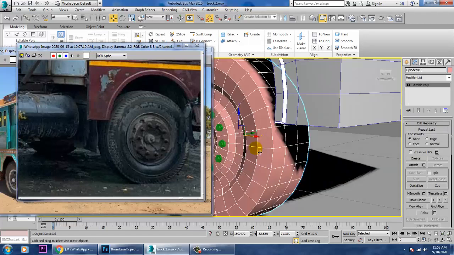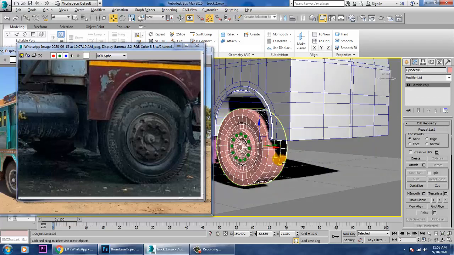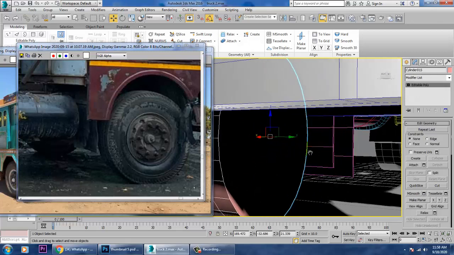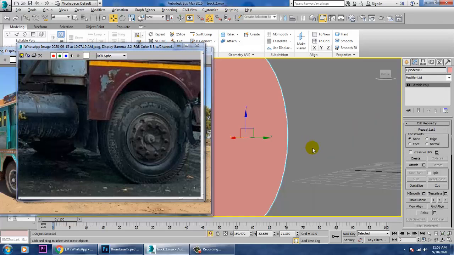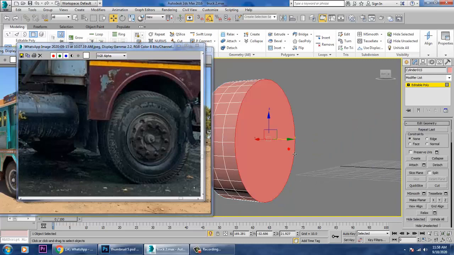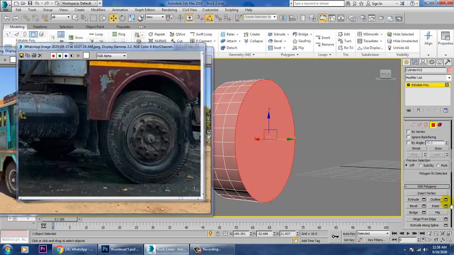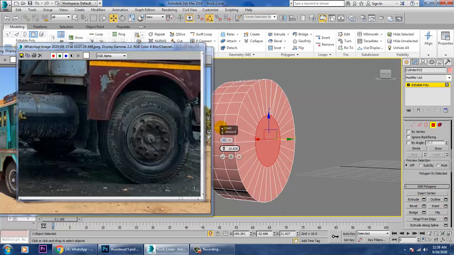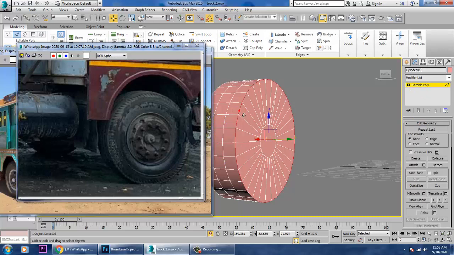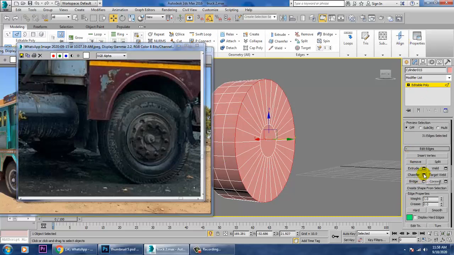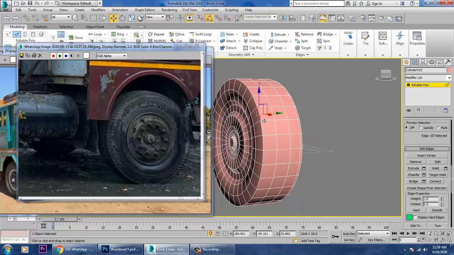We'll go over here and first we'll select this tire over here, press 4 and use a bit of inset over here, and also we'll be giving a bit of chamfer to it and click OK. So select this. If it is required to give chamfer, you can go with the chamfer option over here.